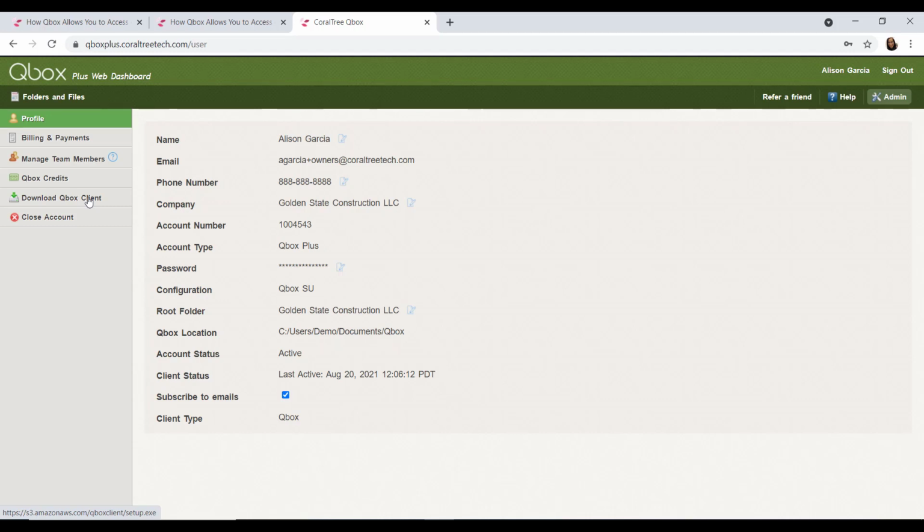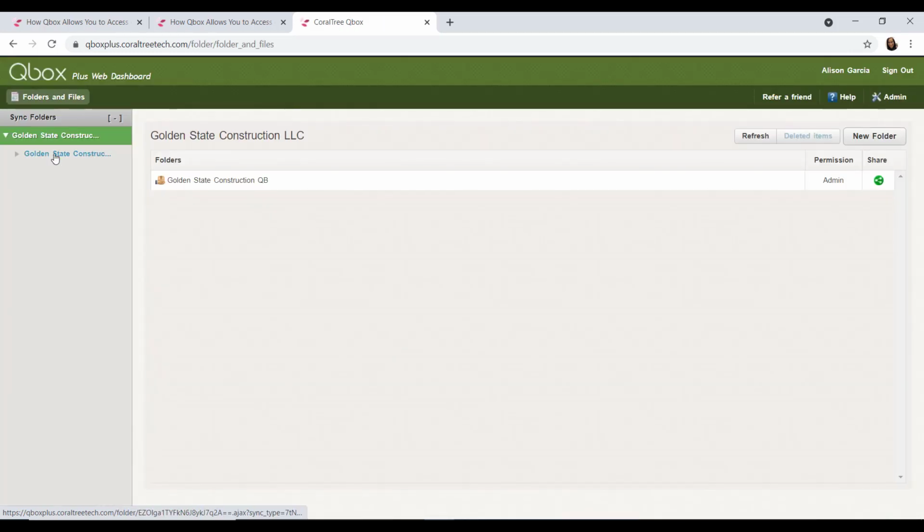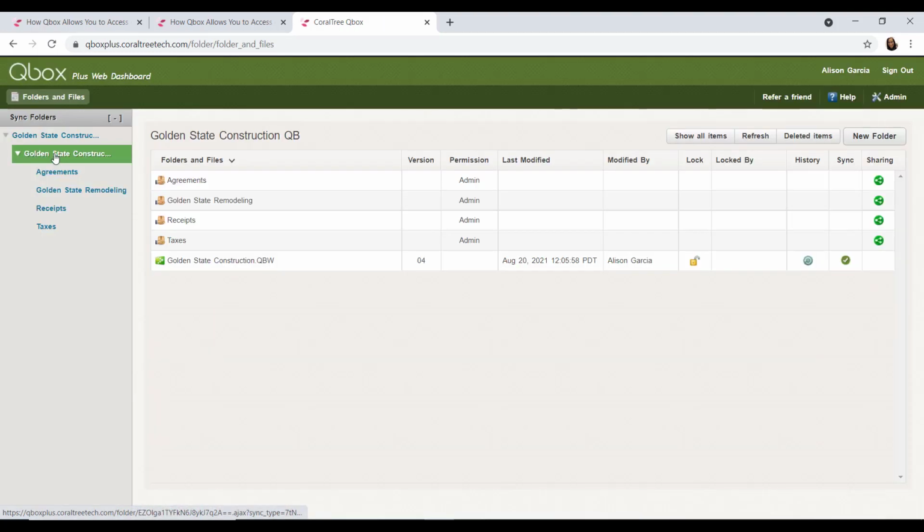In addition to that, Qbox also offers versioning and rollback. So every time you lock and sync a company file, it creates a new version in the cloud. Qbox keeps the last 20 versions available for you. So if somebody goes into the company file and makes a bunch of changes you wish they hadn't, all you